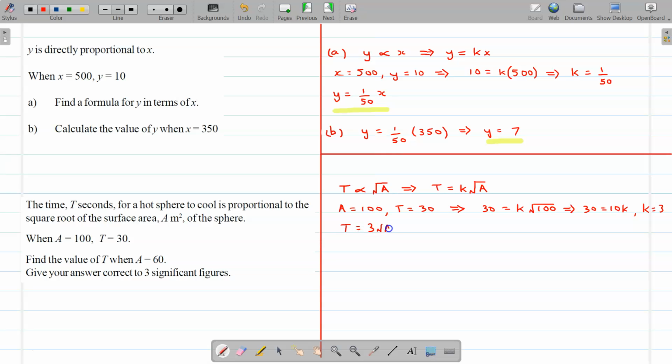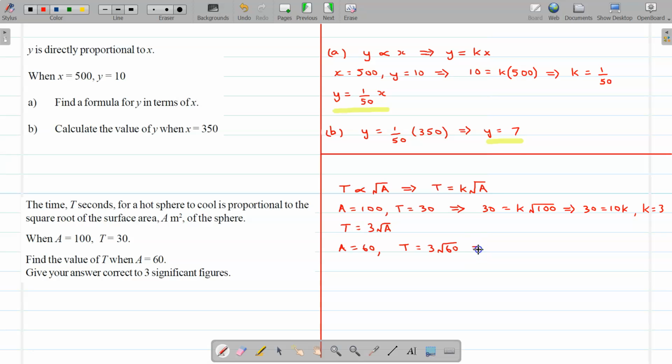And now we know what our equation is and we know what k is. We can use that to answer this question. Find the value of t when a equals 60. So when a equals 60, t is going to be equal to 3 times the root of 60,